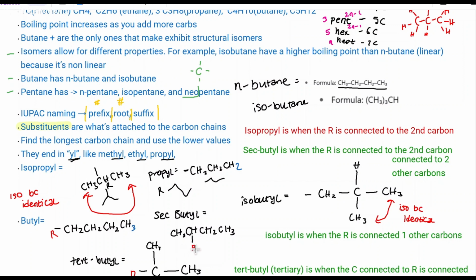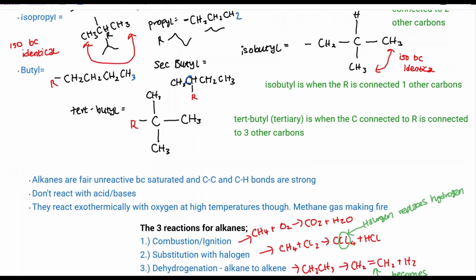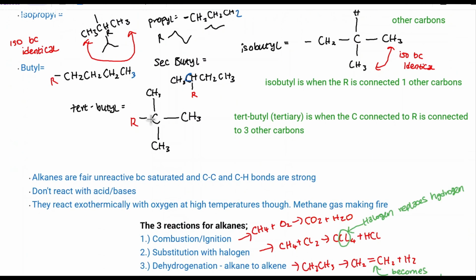R, when you see R in this note, these are my notes by the way, it usually means a longer chain of organic compounds or an organic molecule. So just a random thing, like it could be heptane down here. And if butane's attached to it, the C that it's attached to, if it's connected to two other C's, which it is here, then it's sec-butyl: secondary, second, two C's. And then tert-butyl, tertiary, three,